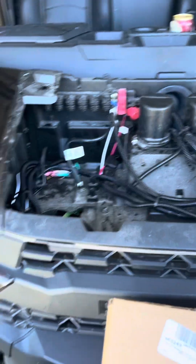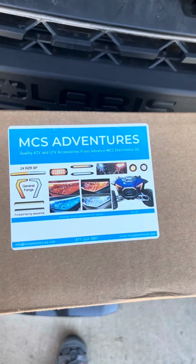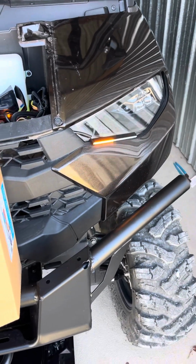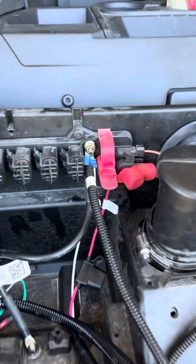All right, I'm back and finished up the install of this street legal plug and play turn signal and horn kit from MCS Adventures. Everything went really well. It's advertised as plug and play, where you don't have to cut any existing wires. And that's true for the most part. The only issue I had was